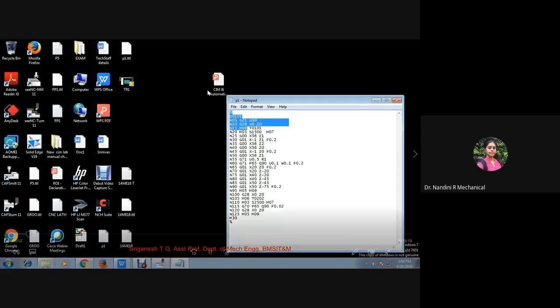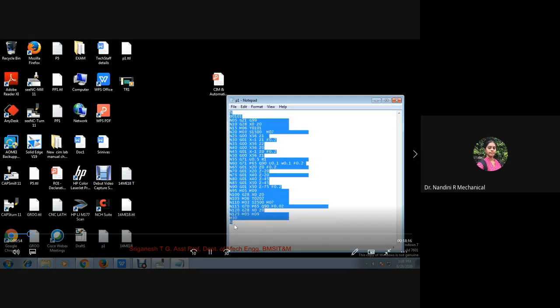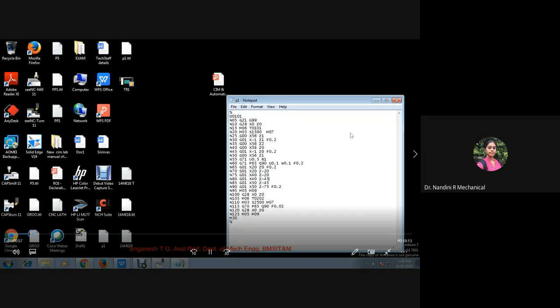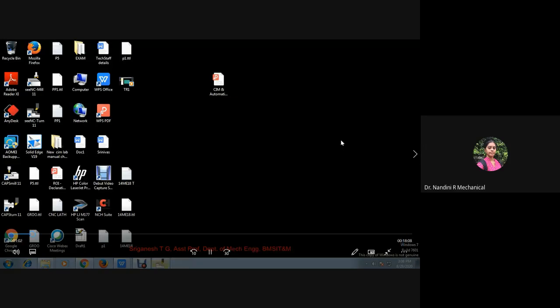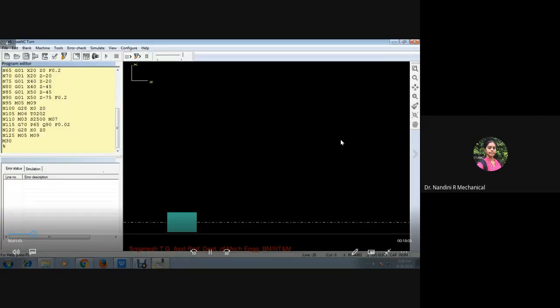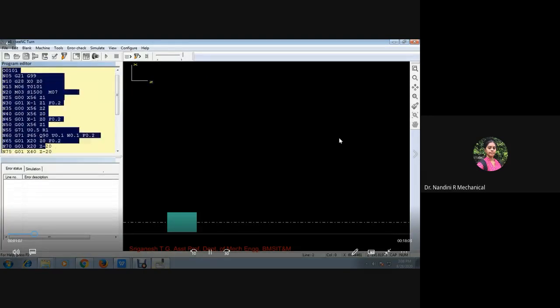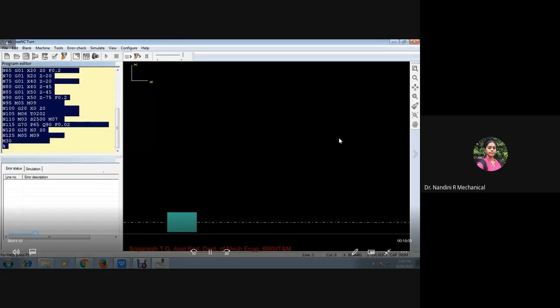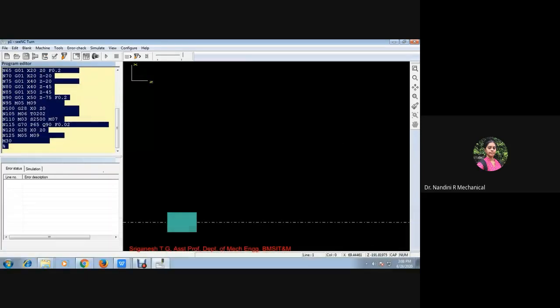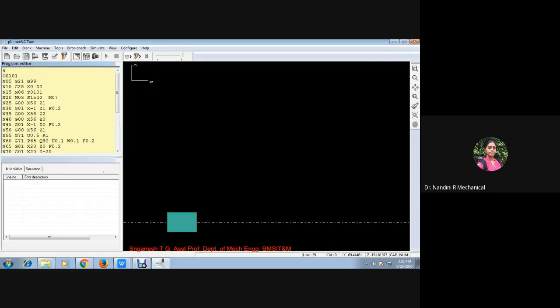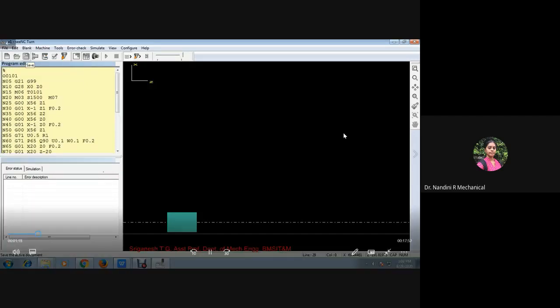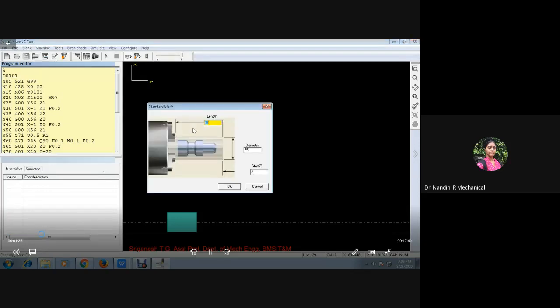You can copy from the start to the end of the notepad and paste it back into the CNC turn. If there is any variation, you can make the change, select, and copy and paste.